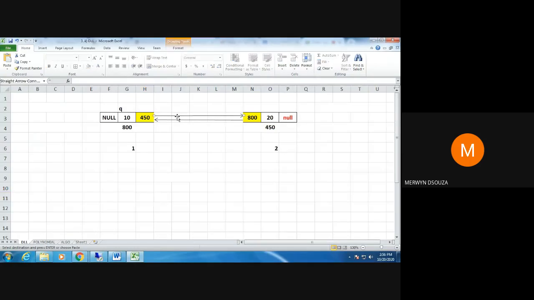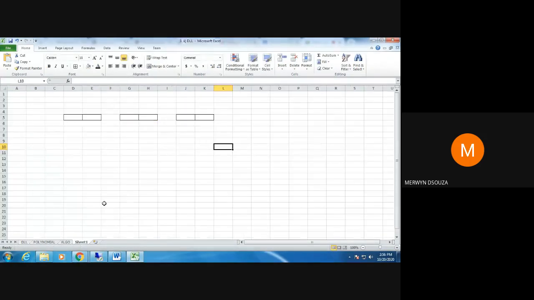It is just like a singly linked list. You will have a collection of nodes like this. There will be some pointer pointing to the first node.